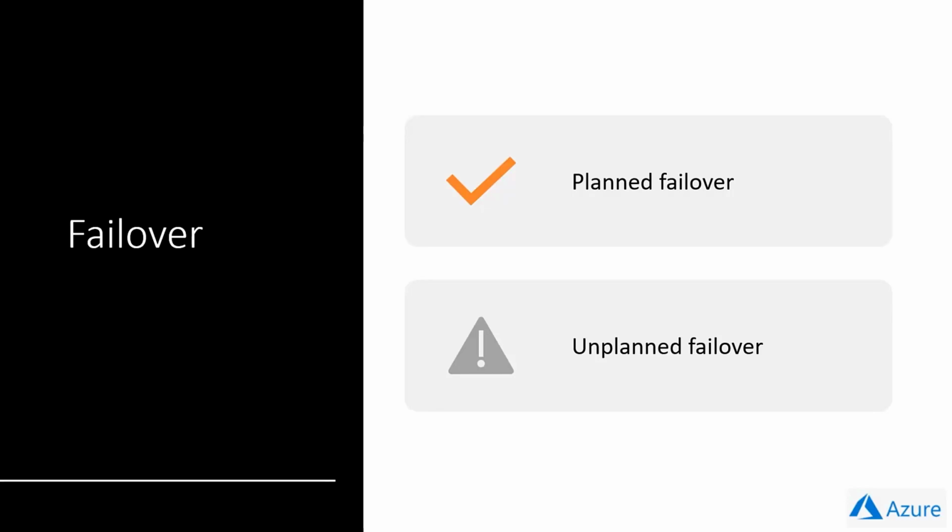This is one of the reasons we have Geo Replication: things that are out of your control. You have an unplanned failover, right? The primary just goes down and you have to rely on the secondary now. When the primary is back online, it will automatically reconnect and become a new secondary. So if you have unsynchronized transactions before the failover, these will be preserved in the backup file, but will not be synchronized with the new primary to avoid conflicts.